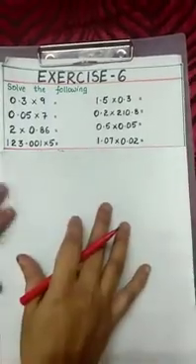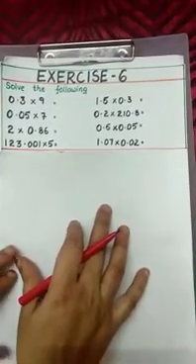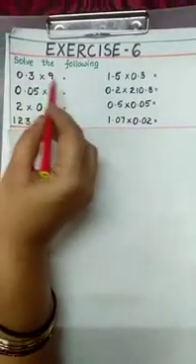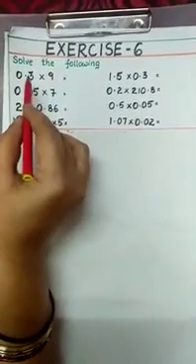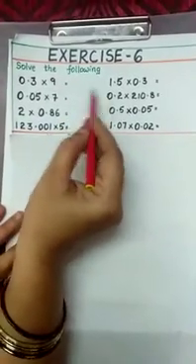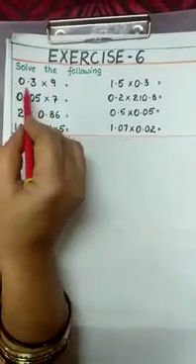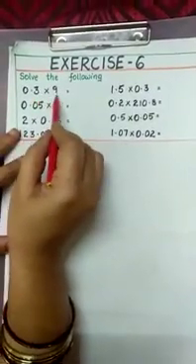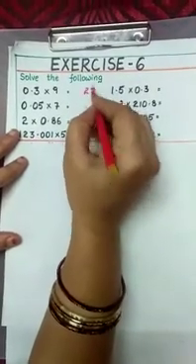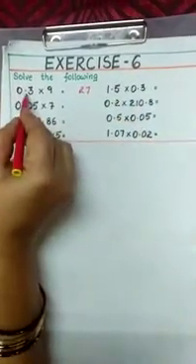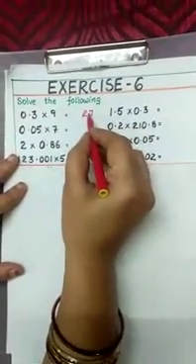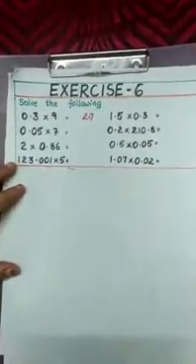Now you see here some examples. Now here while doing multiplication of decimal numbers, multiply the whole numbers ignoring the decimal point. Now in the product we have to put the decimal point by counting from right. Now 0.3 into 9. What are the whole numbers here? 3 and 9. 3 9s are 27. First you multiply whole numbers. Now here after decimal you have one place. So count from right one place and place the decimal, which is 2.7.